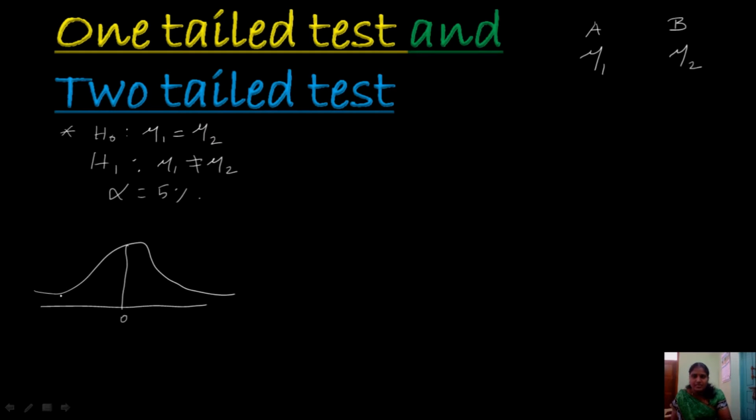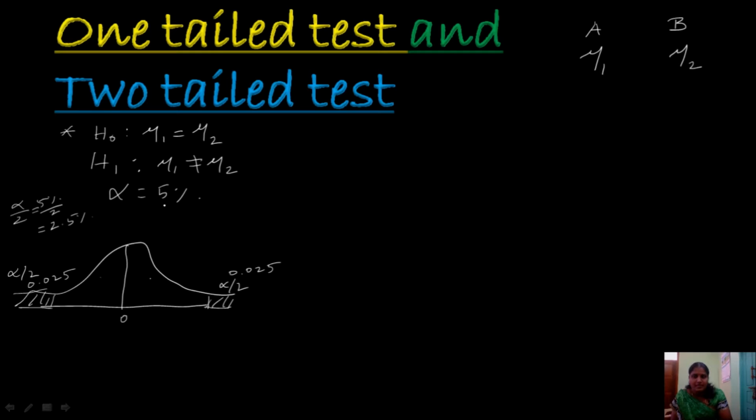So if it is 5%, definitely the critical region falls in two tails. So alpha by 2 is 5% over 2, which gives you 2.5%. This is the region alpha by 2 that falls in the two tails of the normal curve. That means alpha by 2 is 0.025 in decimals. Actually, the area under the standard normal curve is exactly equal to 1. That is, it has 0.5 on the left-hand side and 0.5 on the right-hand side.